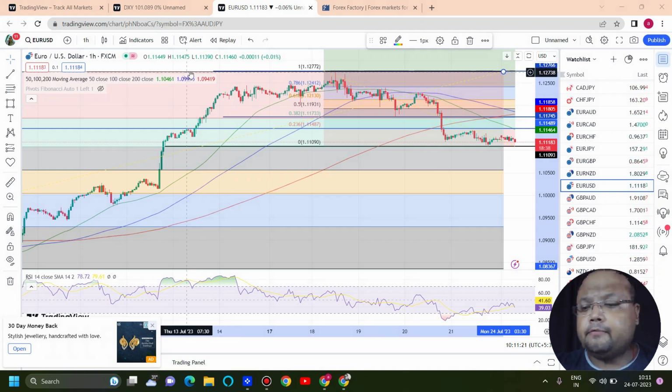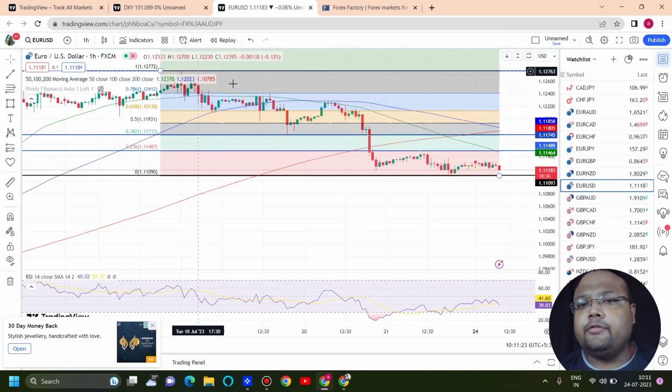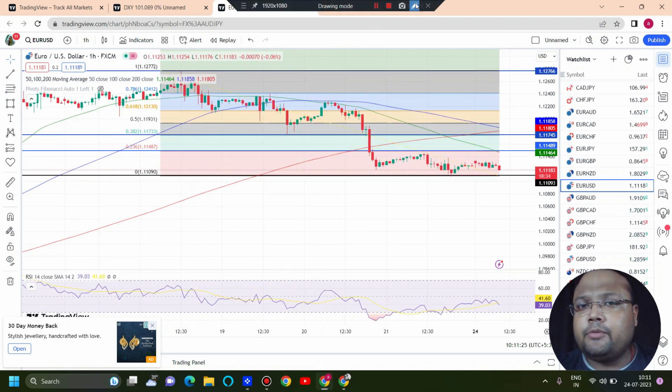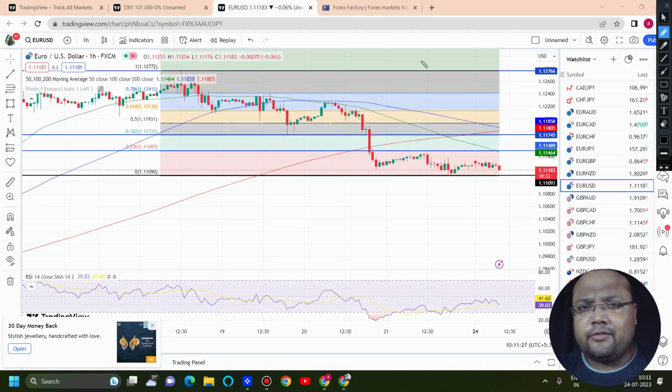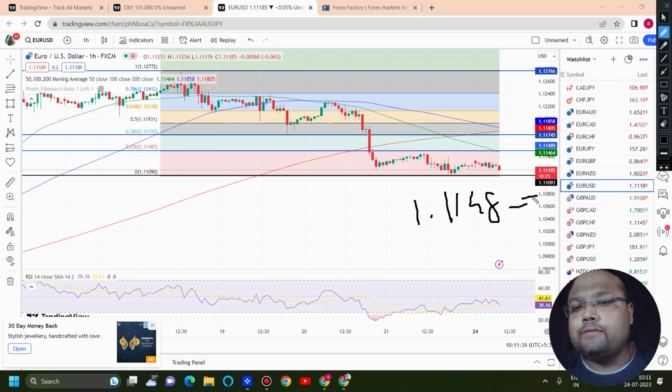And on the other hand, if the market shows some recovery, if Euro USD shows some recovery, then we discuss two resistance levels. One is around 1.1148 to 50. This is a minor resistance. If the volatility of the market is not very high, if you see the market struggling around this area, you can expect some sellers to be present. If the market reverses, we can look for a sell, and the best resistance for the day is around